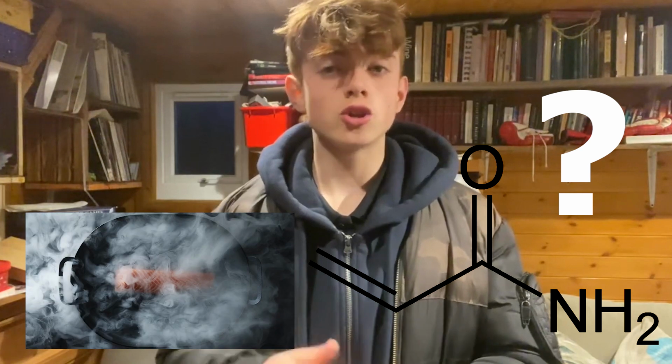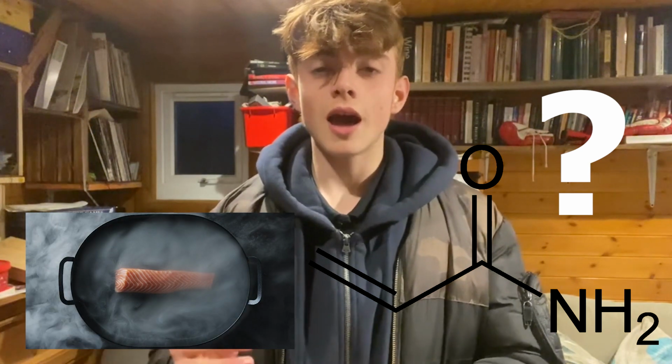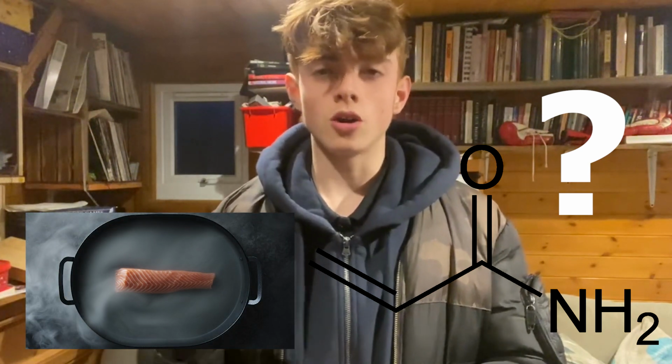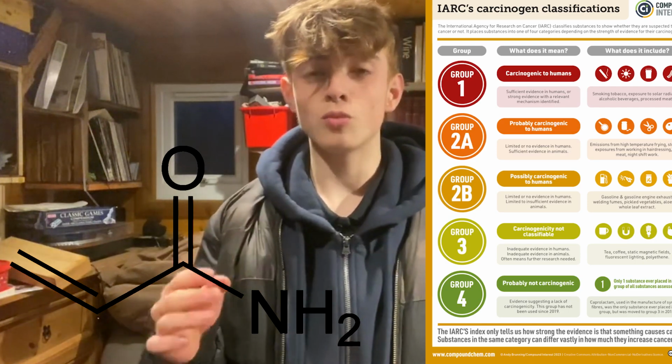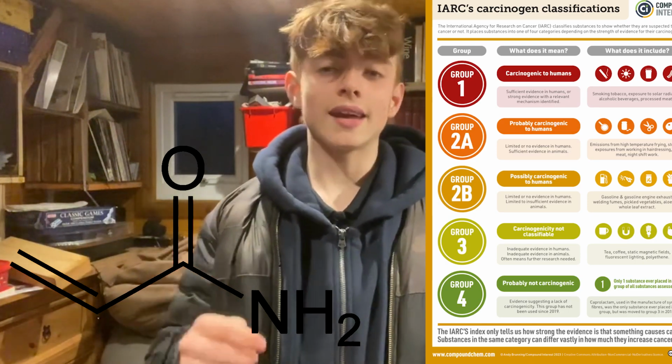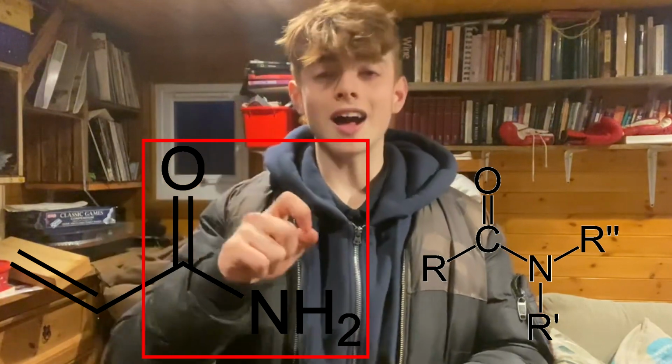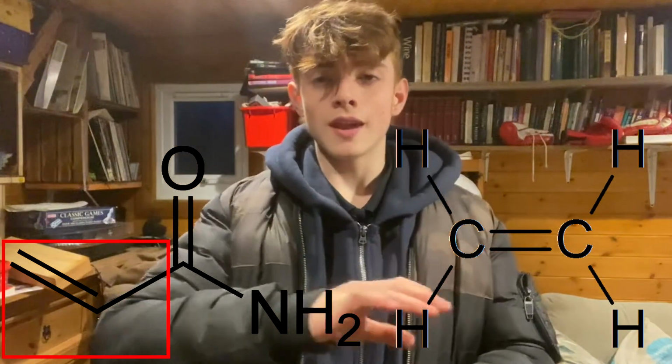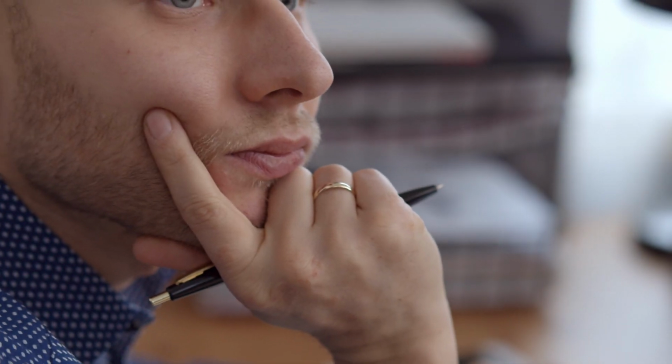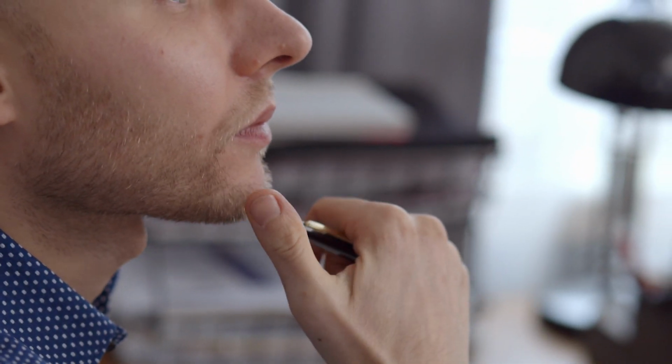What exactly is acrylamide? Acrylamide is a chemical that is produced and formed during certain cooking procedures when certain types of food are used. It is a carcinogenic chemical, meaning that it causes cancer, and it contains an amide functional group as well as an alkene functional group. Now, it is a relatively unknown and unheard of chemical, despite it being a very well-known carcinogen, and it actually